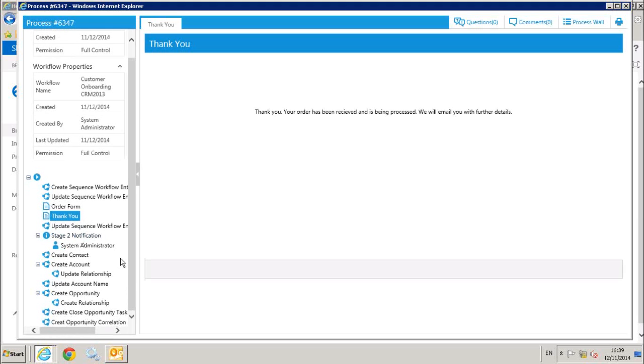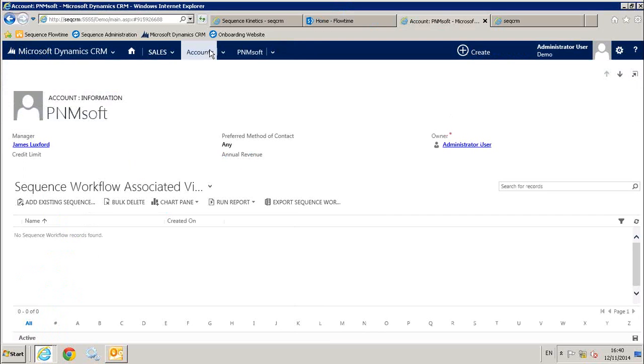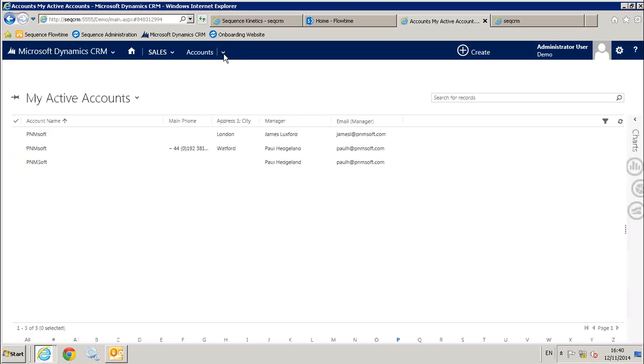The advantage of this is we can see lots of information that's going on. I can monitor the process. I can ask questions. There's social BPM capabilities here. And if I now very quickly action this particular opportunity within CRM,